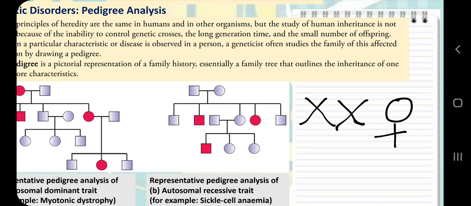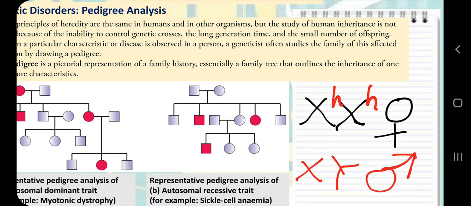So this is a girl and this is a boy, who has only one X chromosome. So you can imagine that if any gene or allele is dominant or recessive in the case of a female, let's take the example of hemophilia. We are not going to discuss hemophilia here, but let's use it for understanding. If I denote X superscript H as hemophilia's character, this female is homozygous.